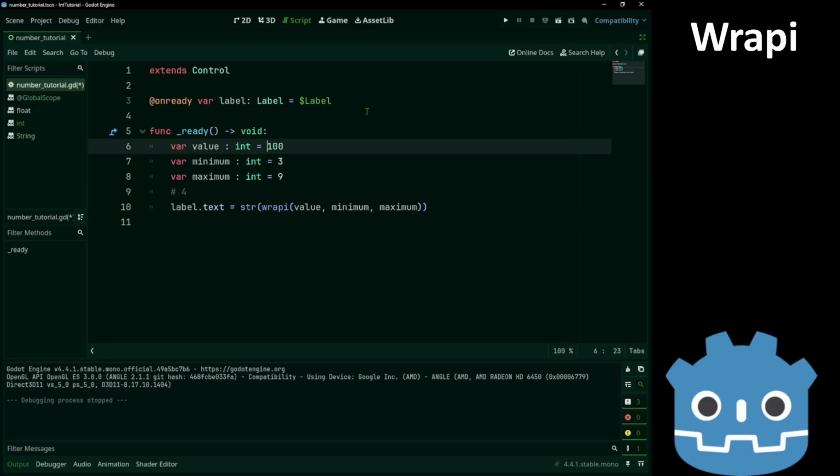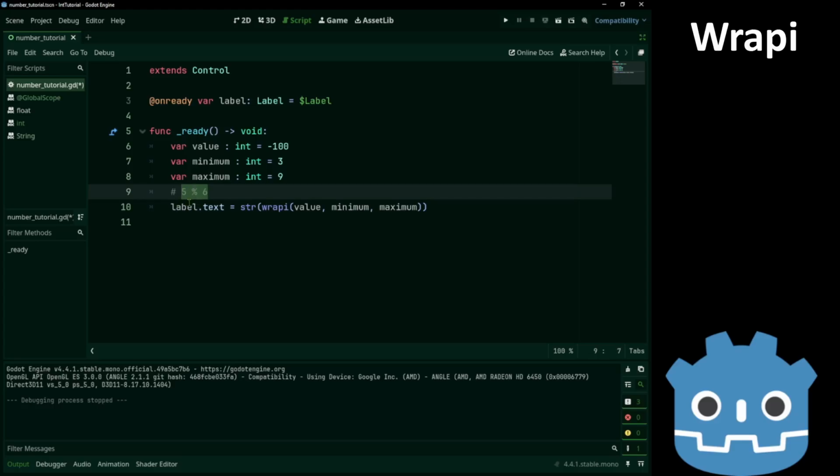Let's try another example. Minus 100. Minus 100 minus 3. Then mod the range plus the range and mod the range.